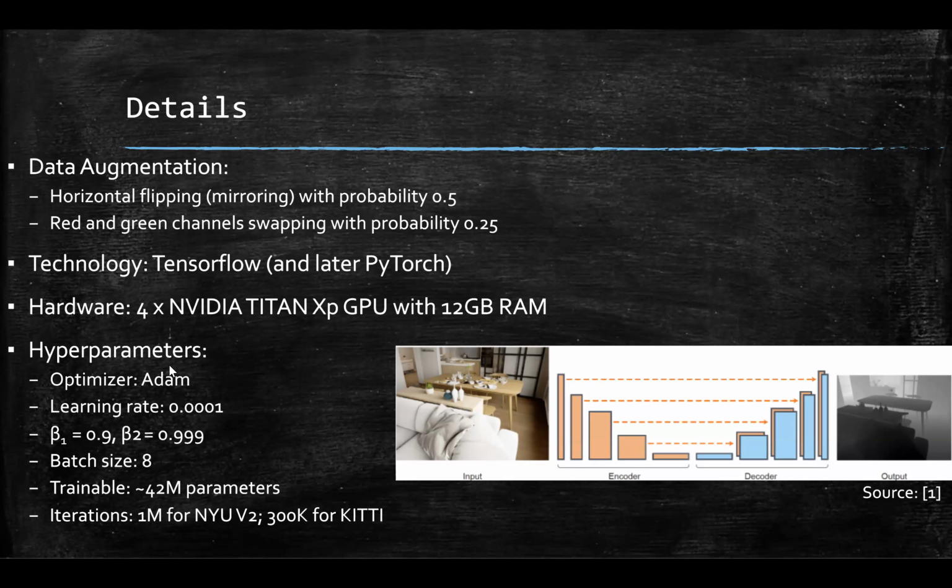The hyperparameters are important. They used optimizer Adam with learning rate 10 to the power of -4, right? With beta 1 and beta 2, I think those are actually the default parameters for Adam. They control the first and second momentum, so the mean and variance for this optimizer. They use batch size of 8. Final model had 42 million parameters, and they trained for 1 million iterations for this data set and 300,000 iterations